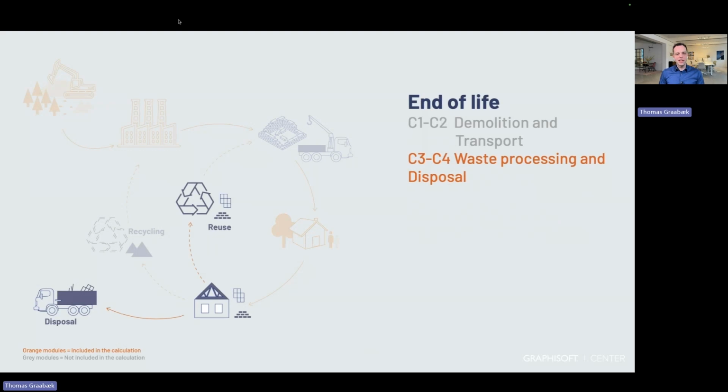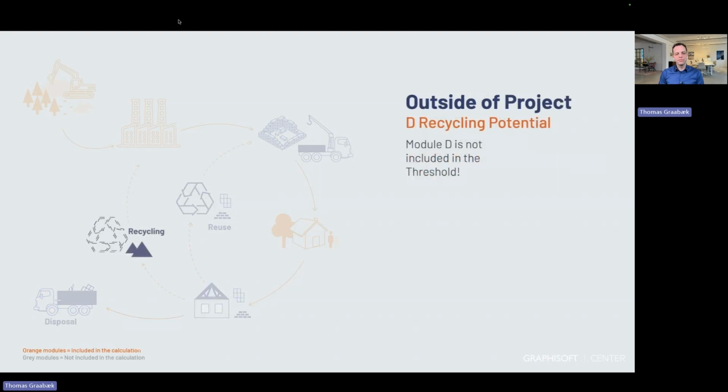Then we calculate an LCA including the end of life phase. And that means that even though some buildings will last for hundreds of years, we calculate as if they're torn down after 50 years. And then we have to include the CO2, not for the demolition and transport from the building site, but only for the disposal of the materials. And sometimes if some of the materials are easy to reuse, if they're made to take apart and put into a new building, then there's actually a recycling potential that we can get a little bonus for.